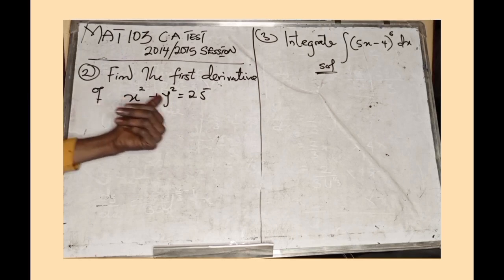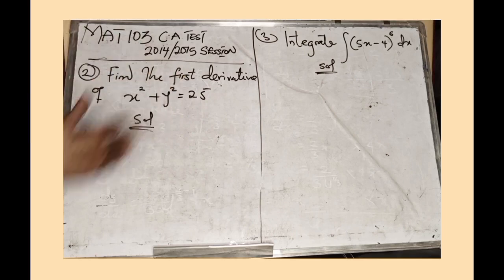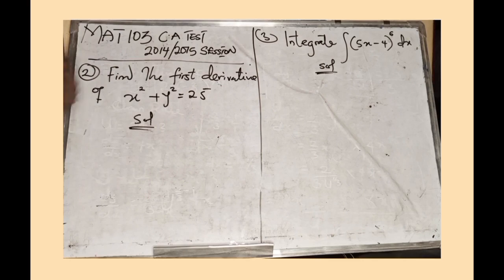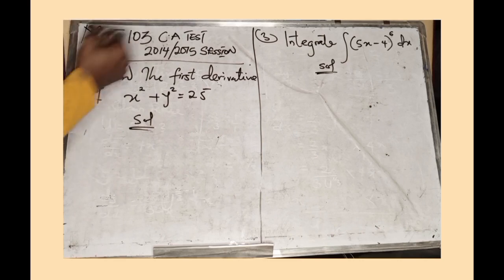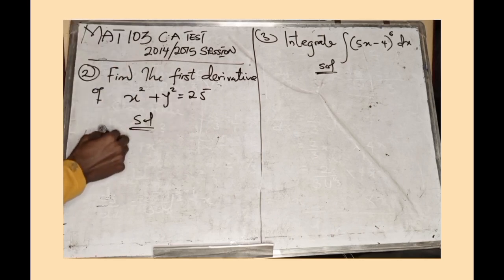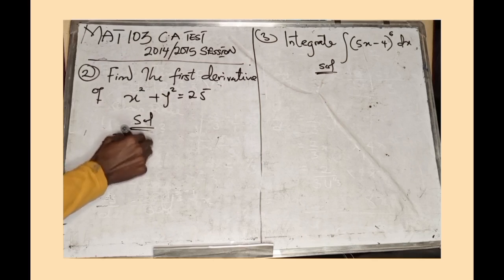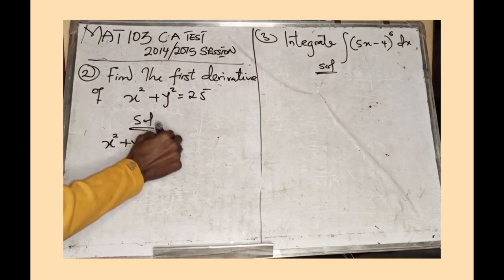Here we have x and y mixed up together, equals 25. This is an implicit type of question. Why? Because we have two variables on one side of the equation, both the dependent and the independent variable. So it's an implicit type of question. So this question can be written this way, which is x squared plus y squared minus 25 equals